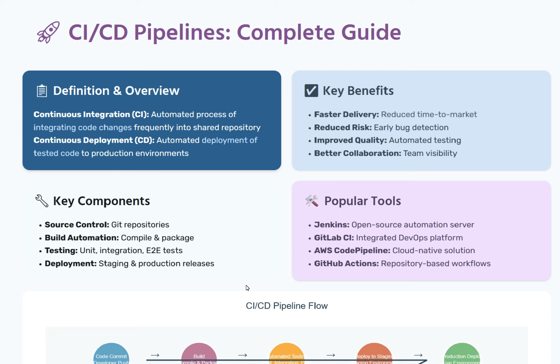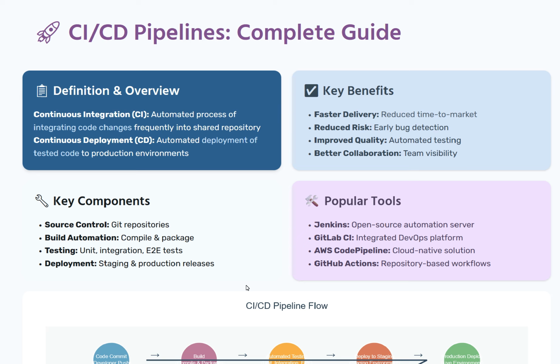So these are the key components: Git repositories, GitHub repositories used for coding, then build automation, compile and package, and the testing: unit, integration, and E2E tests. And then deployment, staging, and production release. So the key benefits in this process are fast delivery, reduced time to market, and then reduced risk,